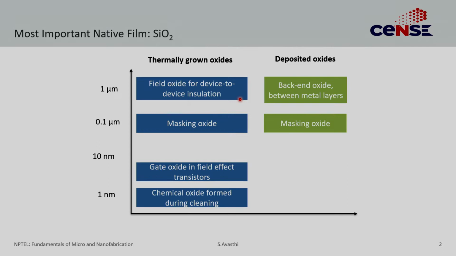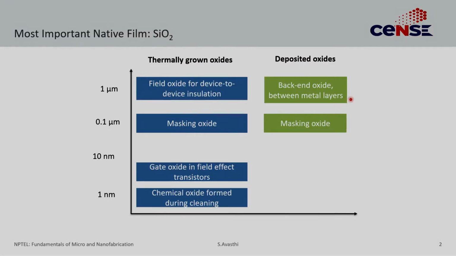Oxides are also used to insulate metal layers. In silicon you don't just have one layer of metal, you actually have multiple layers of metals. We will come to that when we do metallization, but each of those metal layers has to be insulated from one another. Imagine overbridges and underbridges on a road, a similar thing with metals. Those are back end metal oxides, and those oxide layers are also typically silicon dioxide.